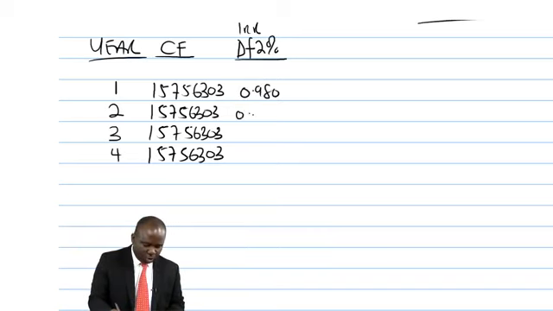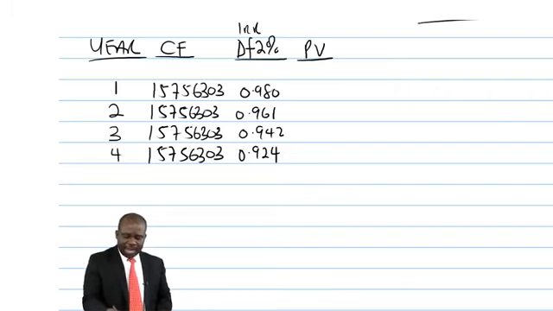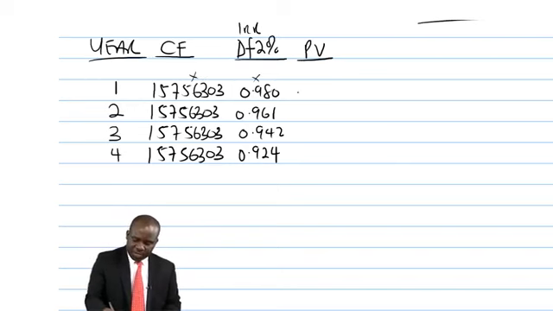0.980, 0.961, 0.942, 0.924. And then what will be the present value? We multiply this by that, and that should give us